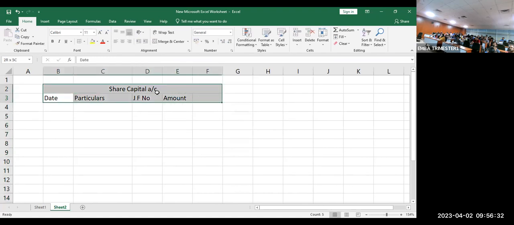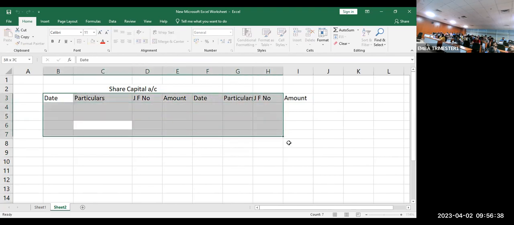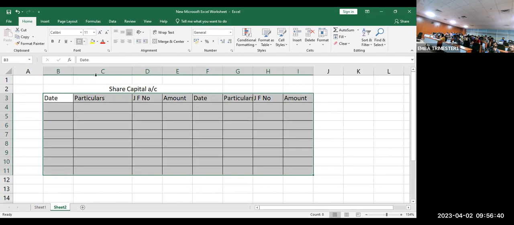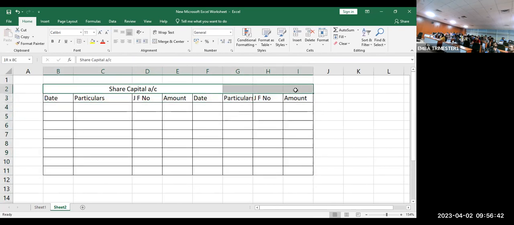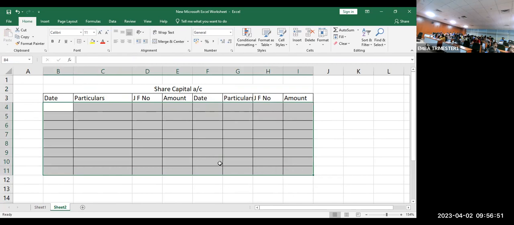Similarly, the same thing on the other side also. This side is the debit side, the other side is the credit side. This is the ledger account, right? Here some entries will be there depending upon the transactions that took place with regard to